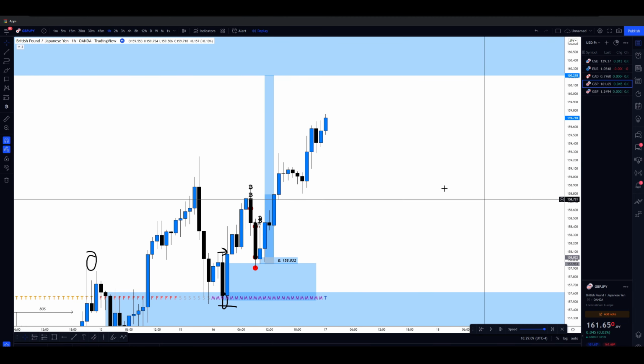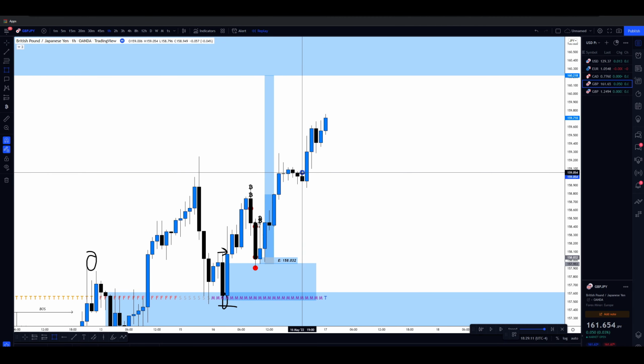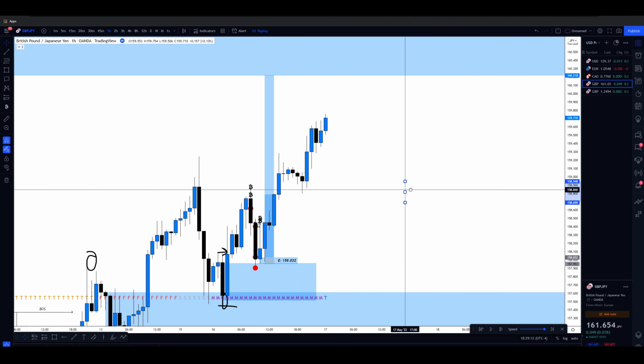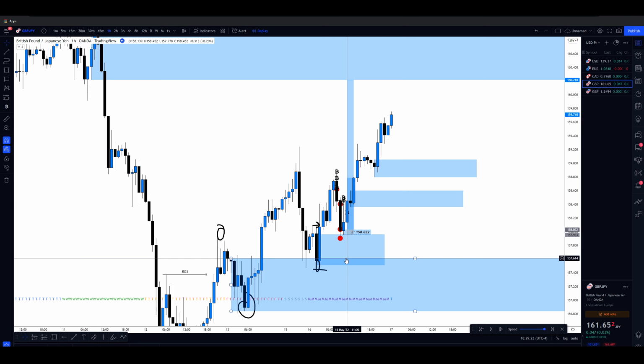Now at this point, this is when institutional traders are looking to get in. They start seeing a demand zone right over here. And then they're thinking, why isn't price action coming back down into my area? Why? Well, it's because Sunday and Monday, the banks did everything they wanted to do.